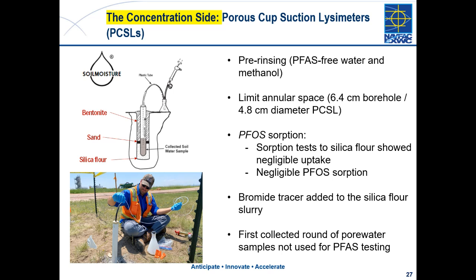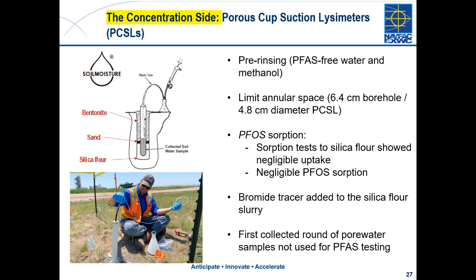One thing that was brought up in that Costanza paper and something that we've looked at is there's concern about how PFAS might absorb to the lysimeter or the silica flour materials. We have looked at this, at least for PFAS as hydrophobic as PFOS. We've been able to show that absorption to the silica flour was negligible, and essentially to the lysimeter itself, especially if we do a small pre-purge. So our data really show that this is not a big concern. Now, if you go to something much more hydrophobic than PFOS, then maybe that would need to be reevaluated a bit.